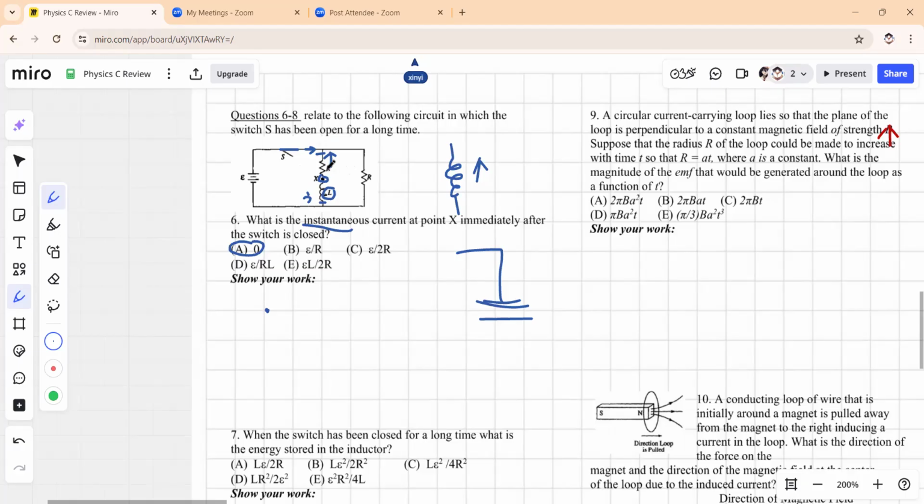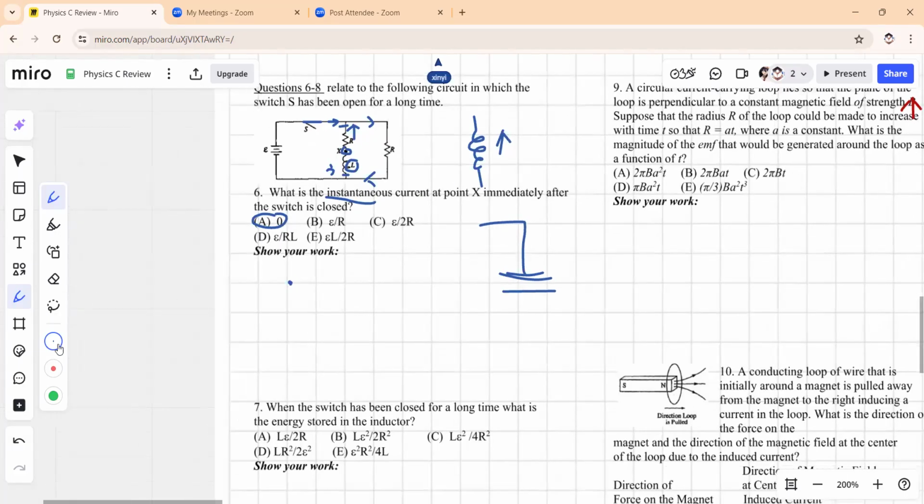Okay. So in the instant after the switch is closed, is there current in the other resistor? There's a current in the other resistor, it only flows through this one. So it would just be epsilon over R through that one. Okay, got it. Then for the second part,